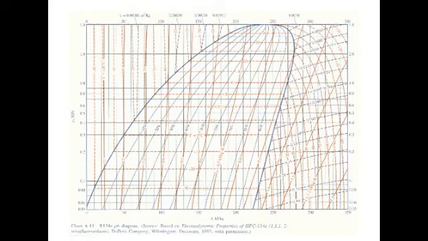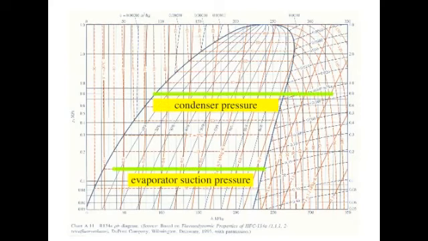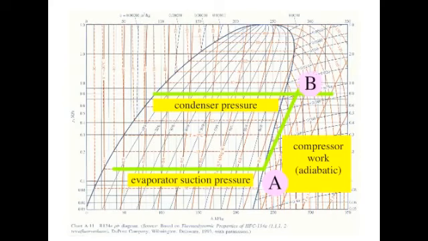The points of the refrigeration cycle can be mapped on this chart. The relatively low pressure side is determined by the suction pressure of the compressor. The high pressure side is determined by the operating temperature and pressure of the condenser. The input of the compressor is seen as point A. As the compressor does work on the gas, it raises both temperature and pressure to point B. The process is adiabatic. Heat is not added to the gas. Work is converted to heat. At point B, the refrigerant vapor is somewhat superheated. Its temperature is determined by its pressure.